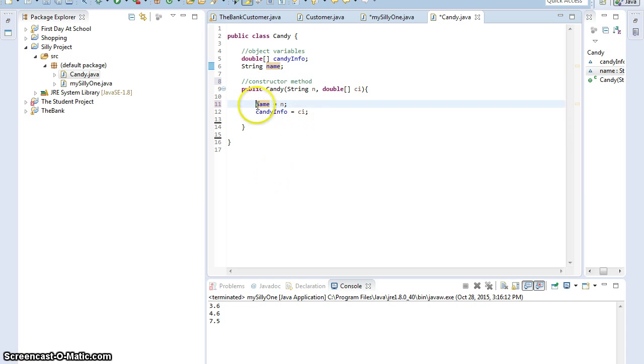Now here, name is pointing to the same string that n is pointing to. And here, candy info is pointing to the same double array that CI is pointing to. Okay, to show you how this works,